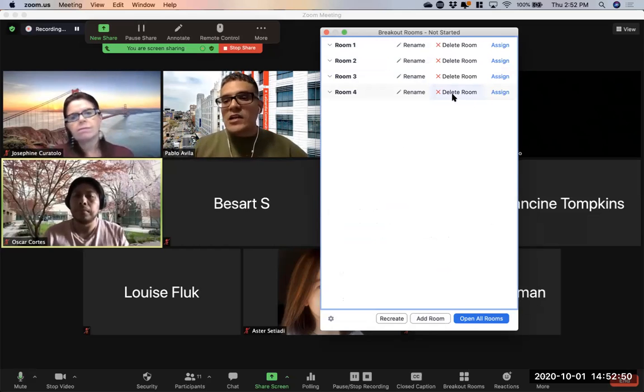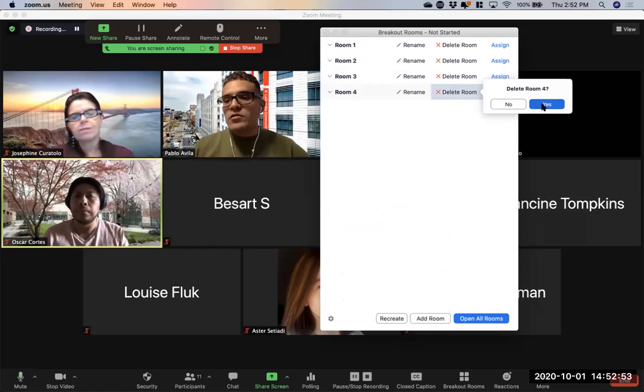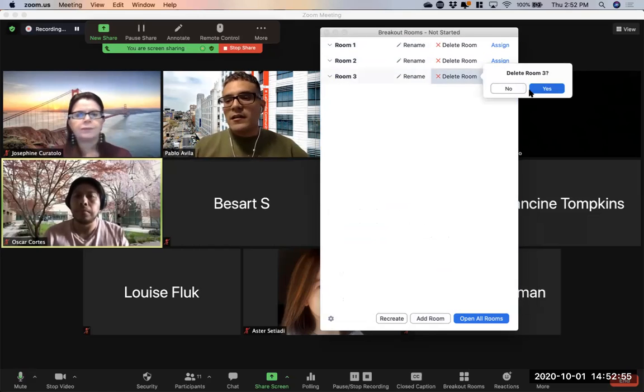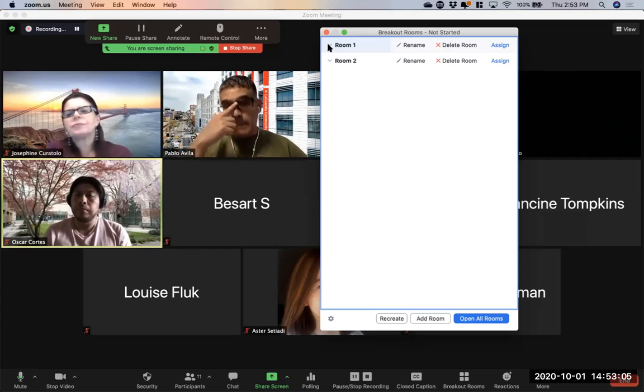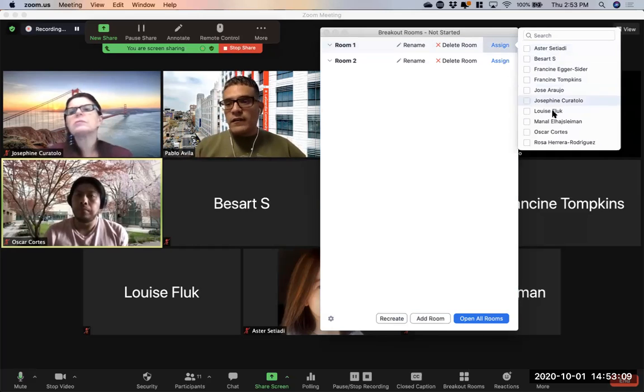So let's say that I actually only want 2 rooms. So I'm just gonna go ahead and click on delete this and delete this because I don't need them. I only need 2 rooms. And if I pull this down, nothing shows up because I asked Zoom to create the rooms only and I will populate the names manually. So what I'm gonna do is I'm gonna hit the assign button and now this is a full list